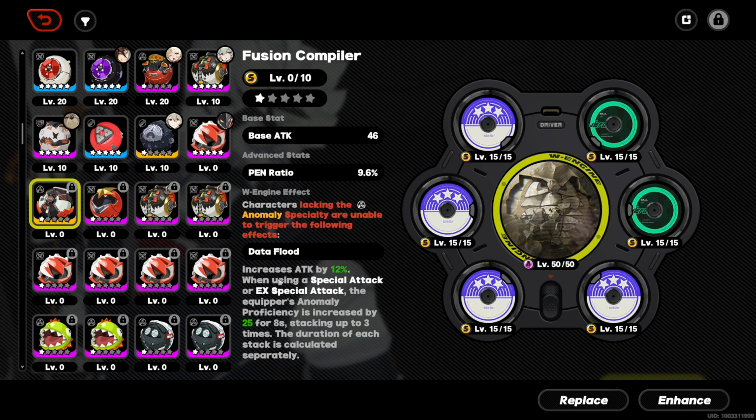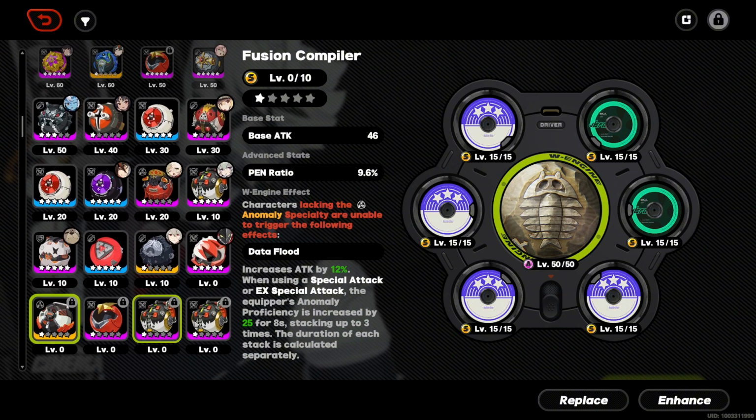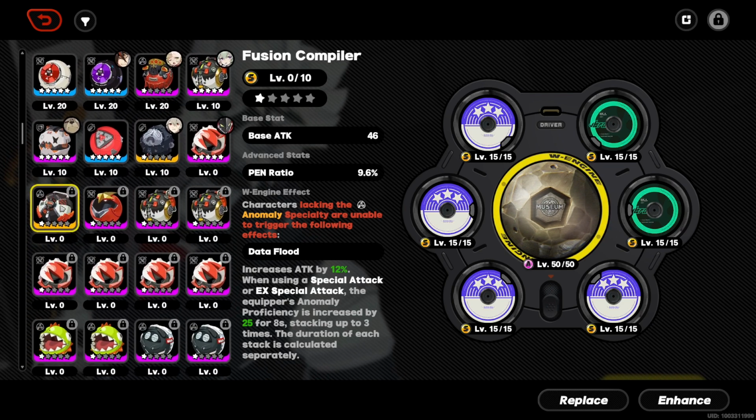The Fusion Compiler, so it increases attack by 12%. And using a special attack, reacts attack, and the anomaly proficiency is increased by 25, which is good. You want more anomaly proficiency up on Jane Doe. That's what she's looking for the most. So getting more of that in her W engine is good. If you can't even run this,